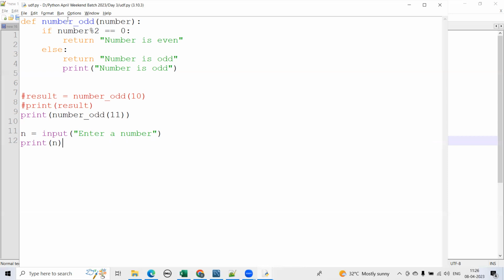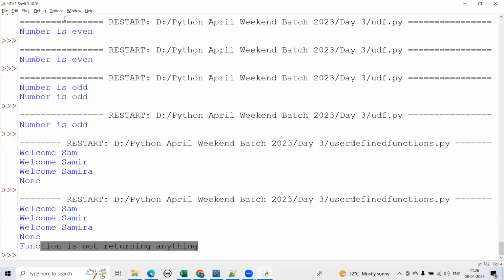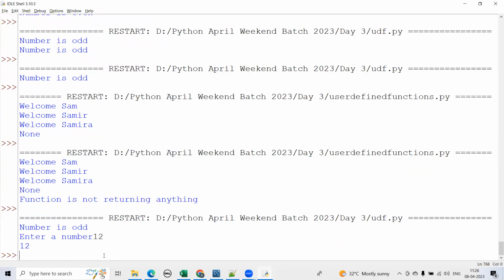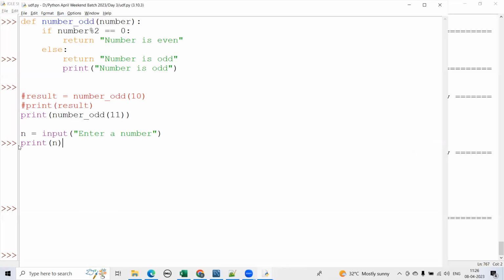Enter a number, 12, and we are printing n. Now you see, print is also a function, guys. It has brackets, right? What if we store the value of print in a variable and then try to print that variable? Because print is also a function, it has these brackets. So if we try to print the result, the return value of this,